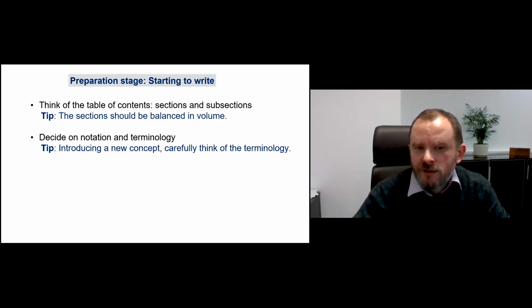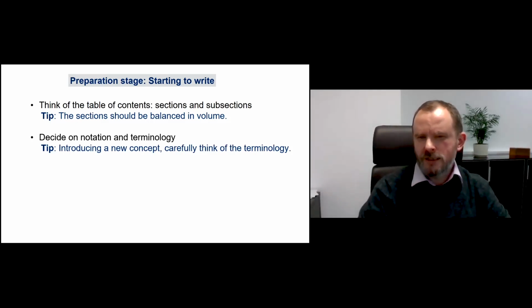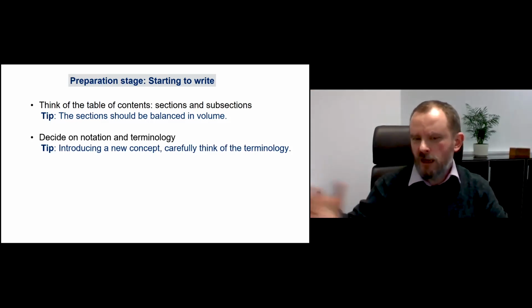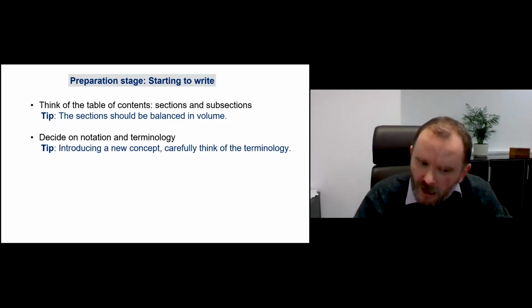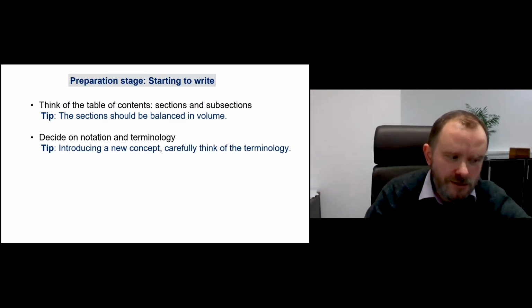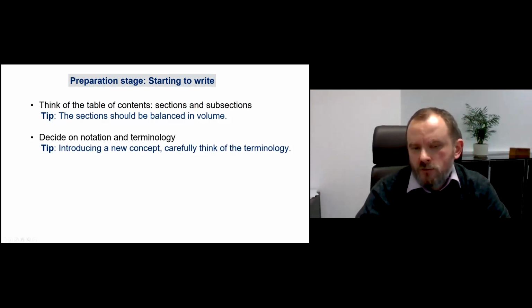Also, if your table of contents is strange, with a disbalance of volumes, and you cannot understand how to subdivide it, say one section has 5 subsections and another section has no subsections, this is a point to think more. There are some situations when this is okay, but in most cases, you will change the structure and you will come to a better result.